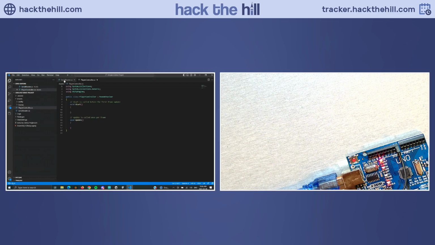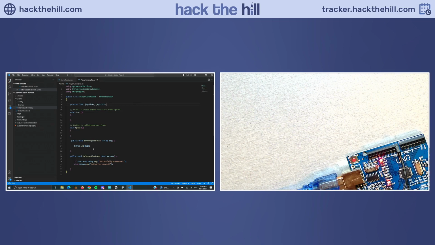And let's go back to SerialReader, that script we just wrote, and copy and paste those two methods. Put them in our PlayerController. But instead of simply printing the incoming messages to the console, let's capture them in a couple of variables. Let's declare up here at the top, private float joystickX, joystickY,